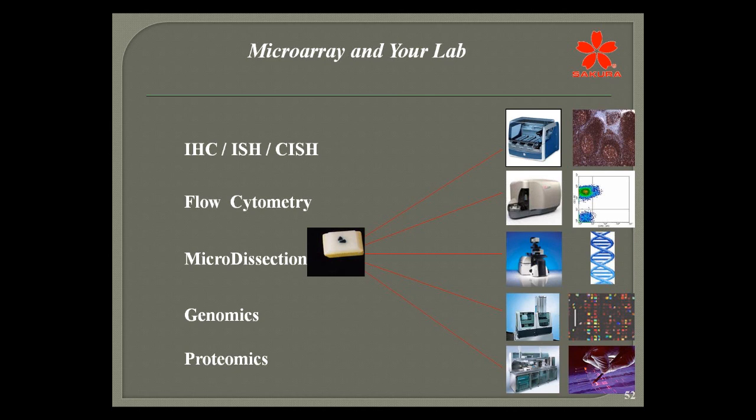For example, we can do IHC, ISH, and CISH all on one tissue block now, provided that it's been fixed and processed correctly and properly. These assays can be done to express the items of interest that we want to use for patient care, perhaps, or for research purposes. Flow cytometry uses antibodies,